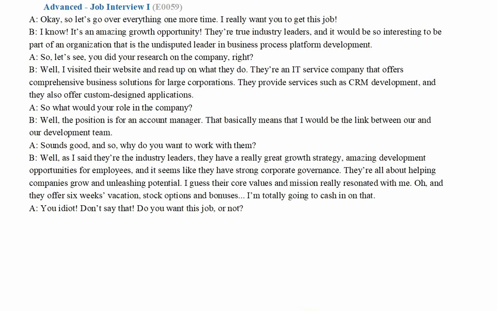Right. And if you show that you haven't prepared, you haven't done any research, you show that you don't care. One of the best ways that you can impress in a job interview is to show that you know about the company, important things like what kind of products they offer or what's their largest market. And I guess that really impresses the interviewer because it shows that you are interested in this company and you really want the job, and that you are willing to do the extra work it takes to prepare yourself. Because I think that will show the interviewer that later on, when you're working for them, you'll do that extra work on the job. Exactly. That's a really good point. So that's our first tip, to do some research.